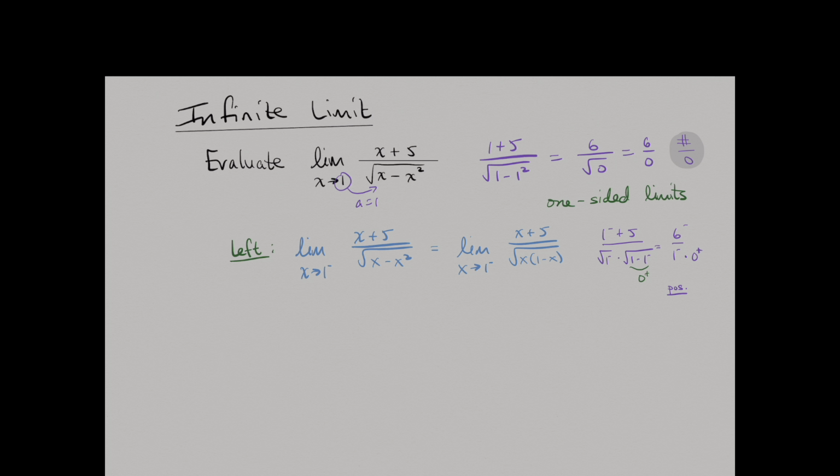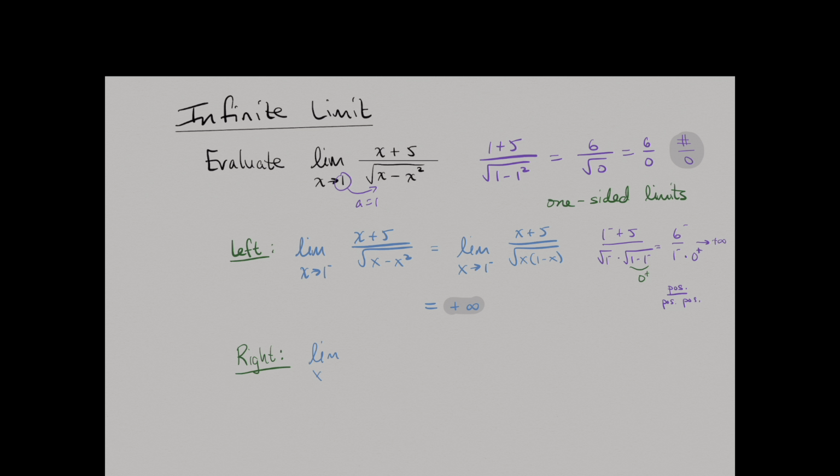Something like 0.9, so that's positive. And then this 0 plus here is obviously positive. So we have a positive divided by positive times positive. The end result is positive infinity. So this result is positive infinity. Now if we do the right side,